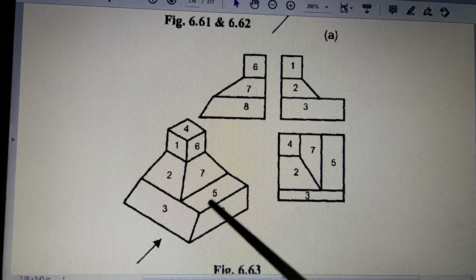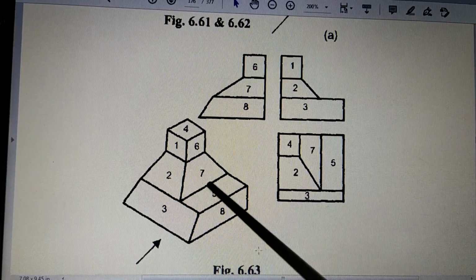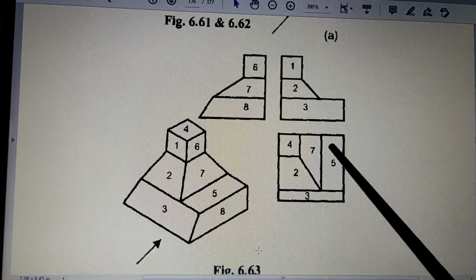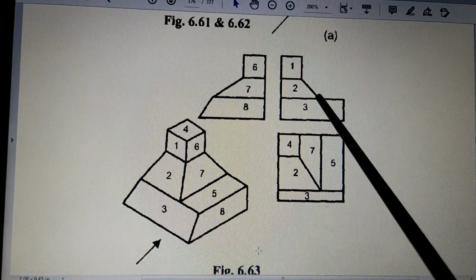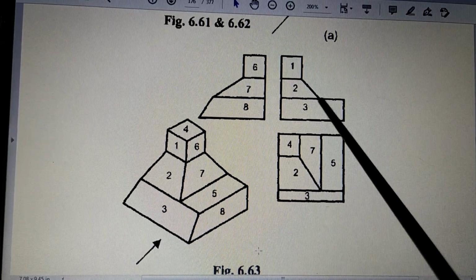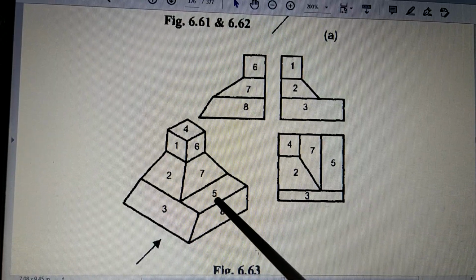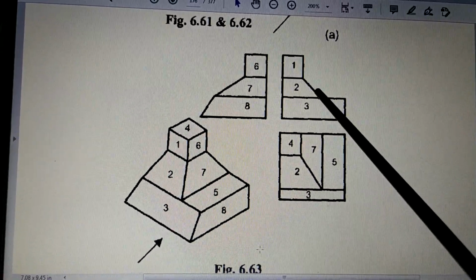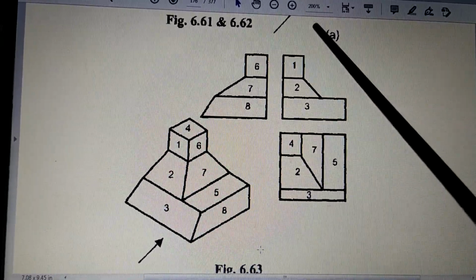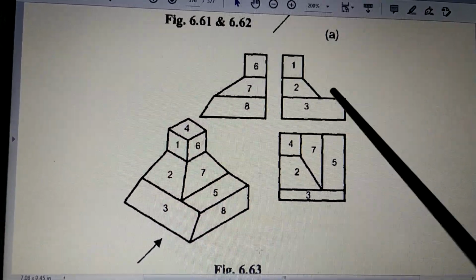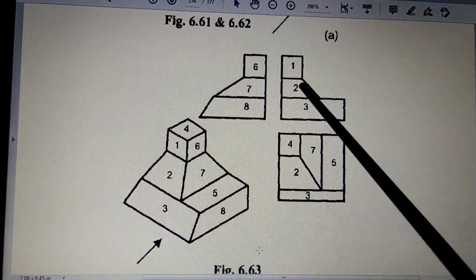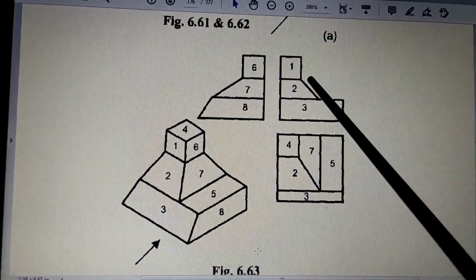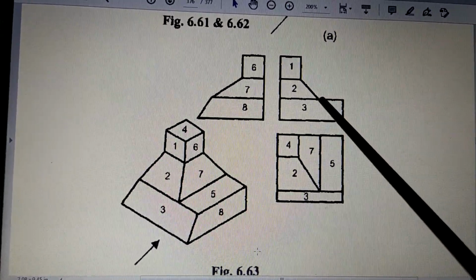After this, we are going to see surface 5. So this line is this line, and where is surface 5 here? This is surface 5. Then comes, when you see from top, 7. Will you be able to see 7? You know where is 7 in the front view? This is 7. So when you see from top, you will be able to see surface 7 from this to this. Between this line and this line, this much will be the size of surface 7. So you can see this is the line taken down, this is the line taken down.